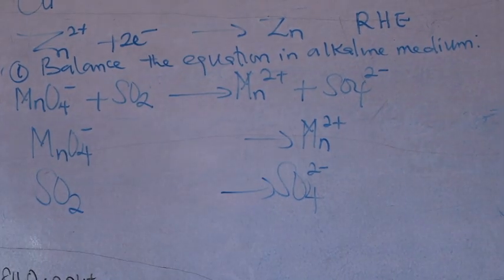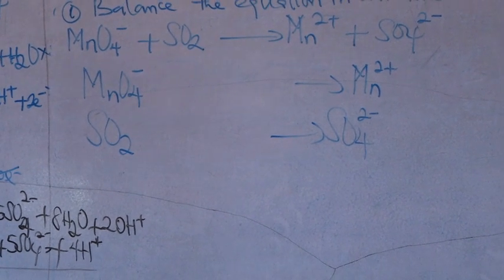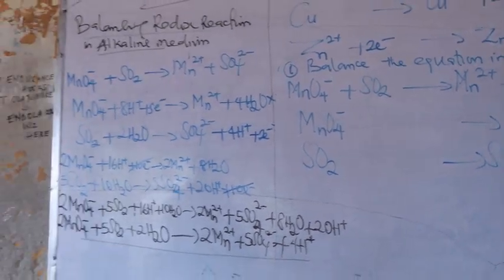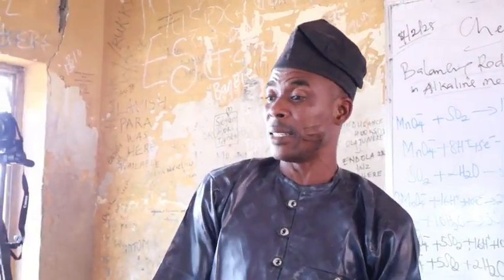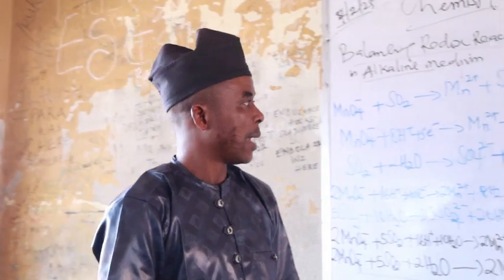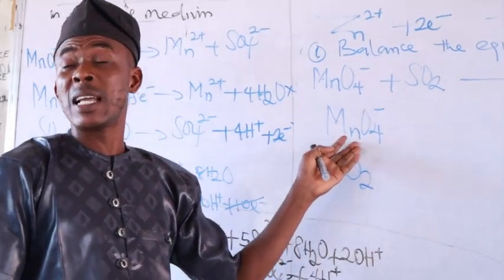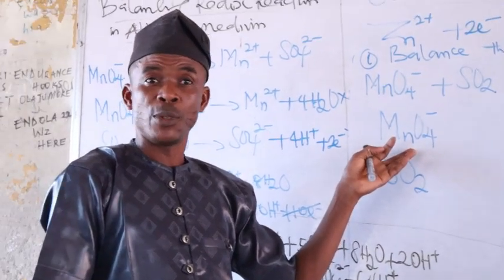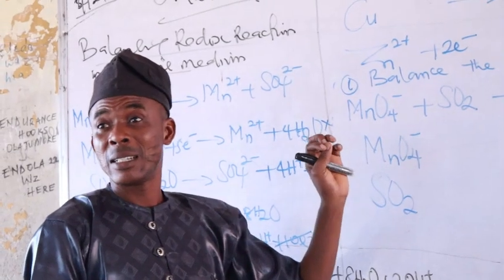And the next thing for us to do is to ensure that electron gain at the reduction half equation is equal to the electron loss at the oxidation half equation before we combine the two halves. Now let us remember, we are balancing this equation in alkaline medium. We are going to make use of water molecule and